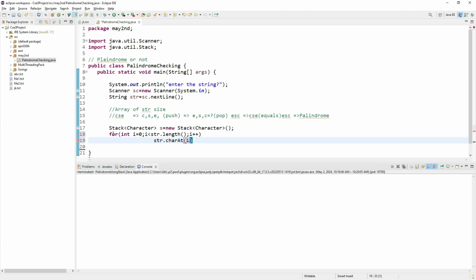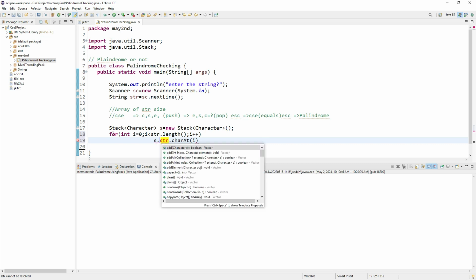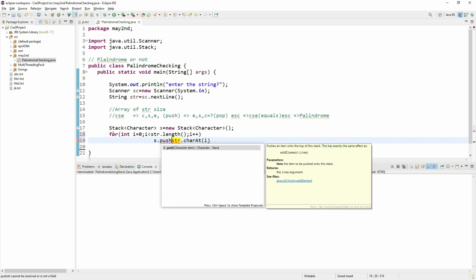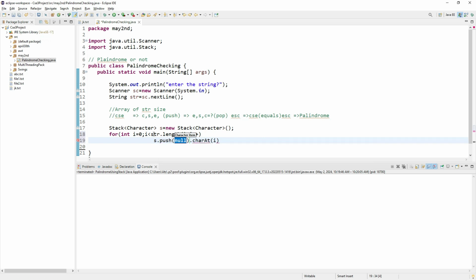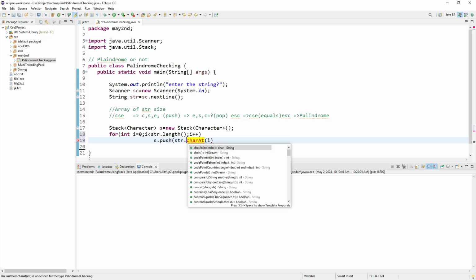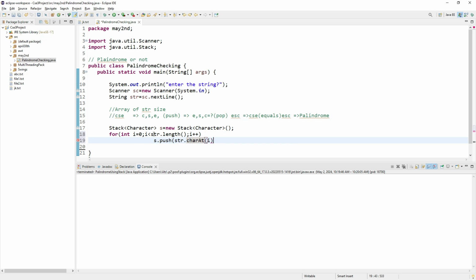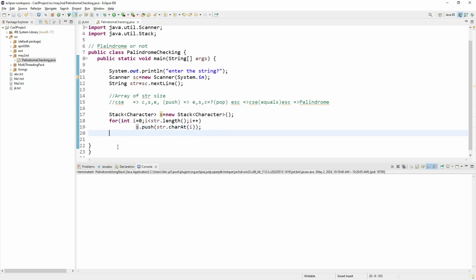This character, I have to push into the stack. For that, can I use the push method? Push method is available in which class, which object? s dot push of str dot charAt of i. That's it. So until the completion of the entire string, I am trying to get a character and push into the stack,